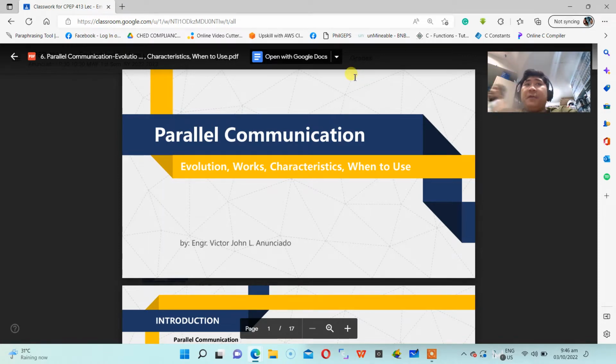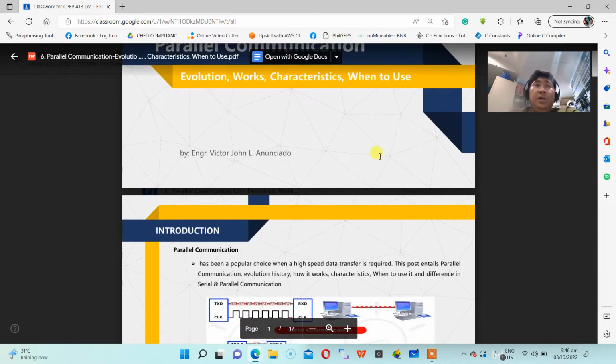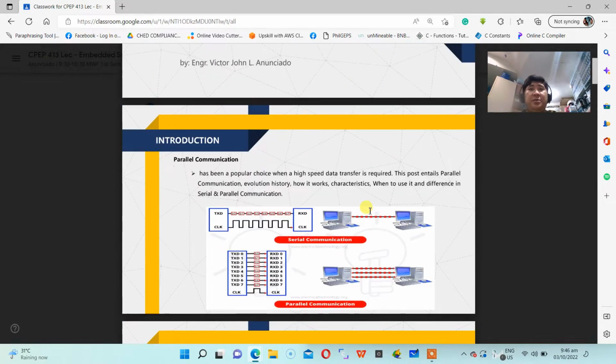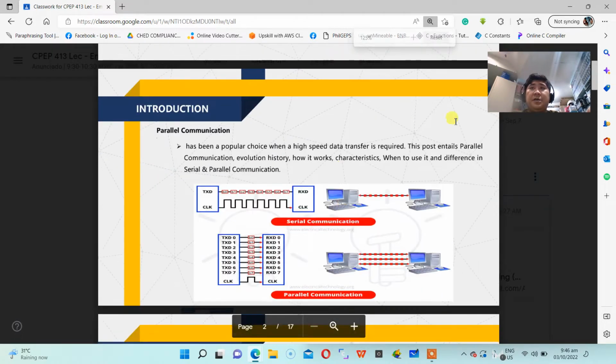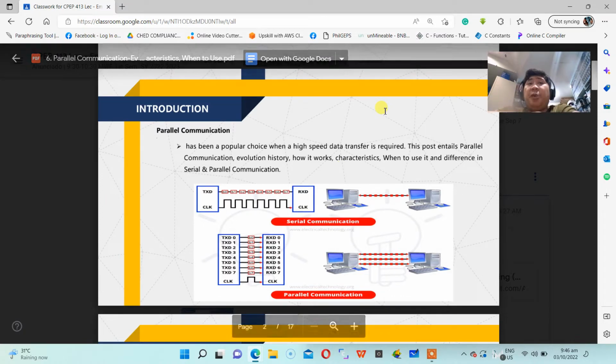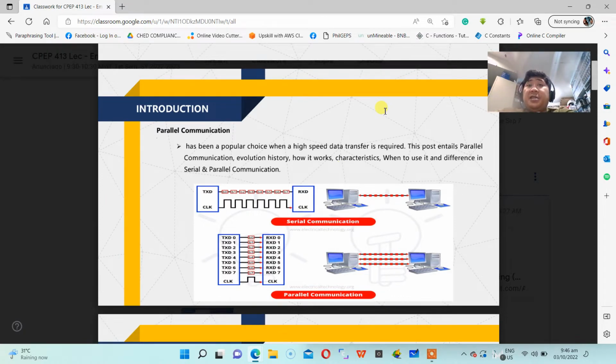So in this part, we'll be discussing parallel communication. So what is parallel communication? Its evolution, how it works, characteristics, and when to use parallel communication. First, parallel communication has been a popular choice when high-speed data transfer is required. This post entails parallel communication's evolution, history, how it works, characteristics, when to use it, and the difference between the